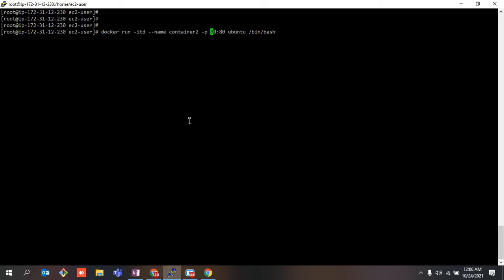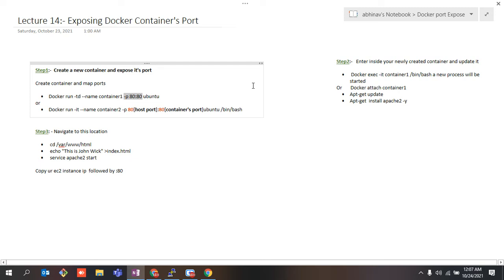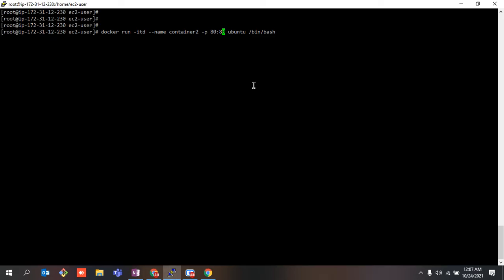By doing -p, we are simply exposing our Docker port and mapping it with the port of the EC2 instance. In this way, the traffic can come, and we can do some sort of communication, right? So just one command, and you just need to hit enter.